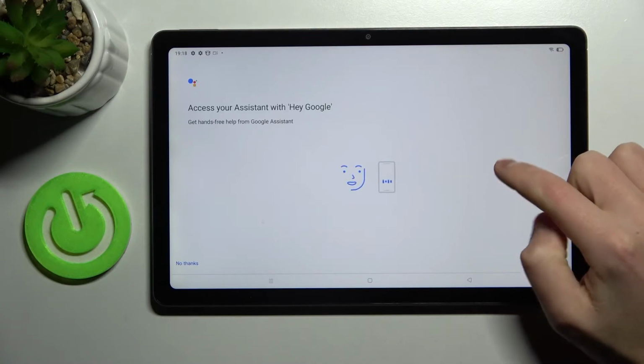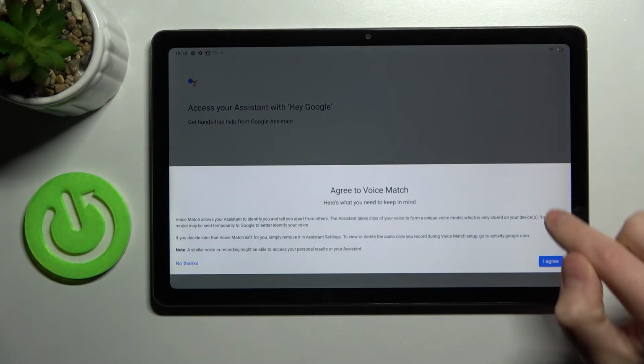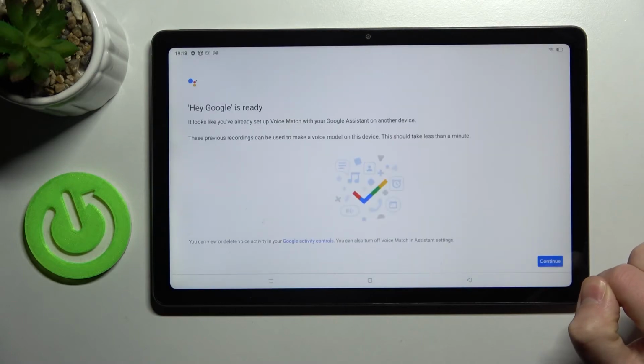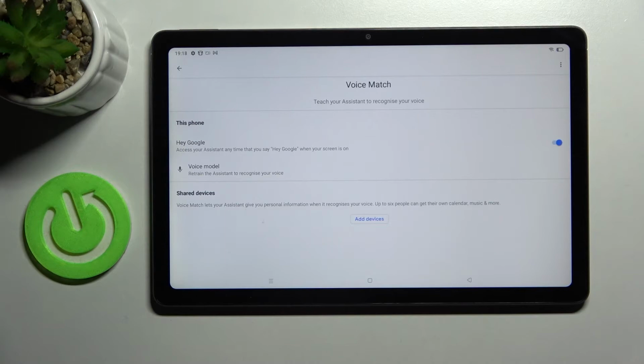Then you need to confirm the operation. Click Next. I agree. And now press Continue, and now we have activated the Hey Google option on your